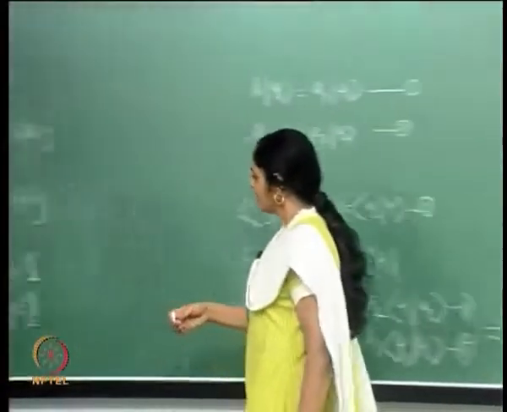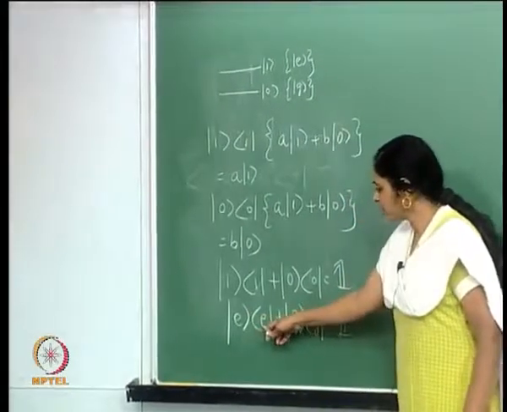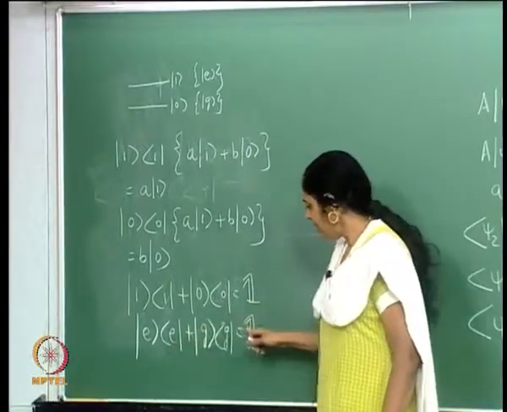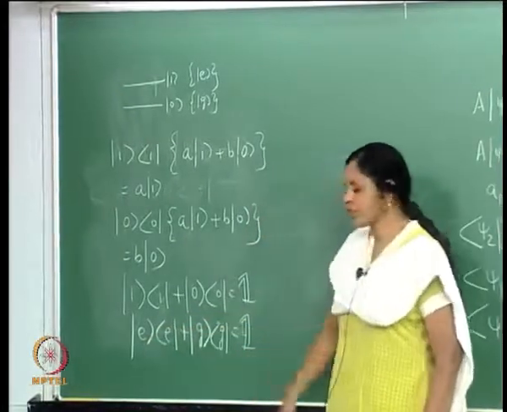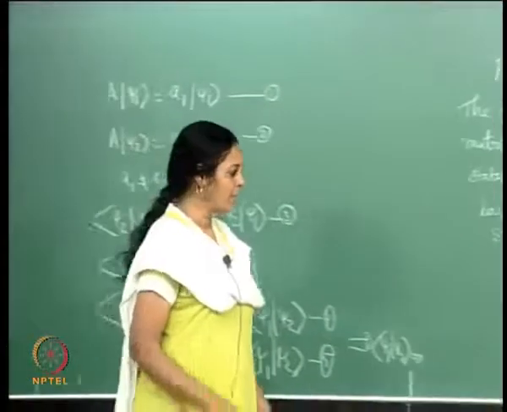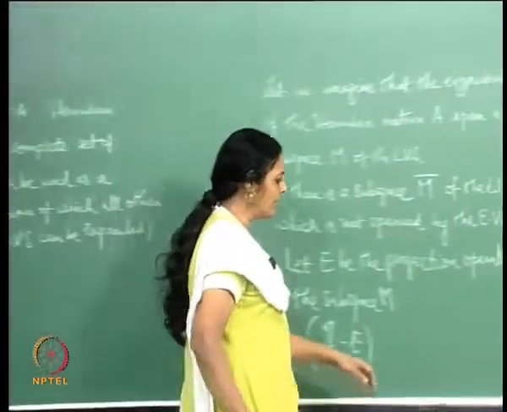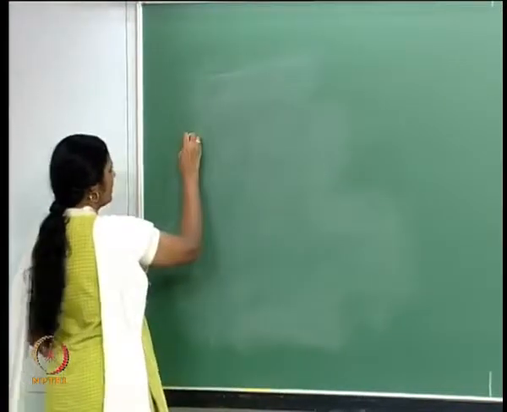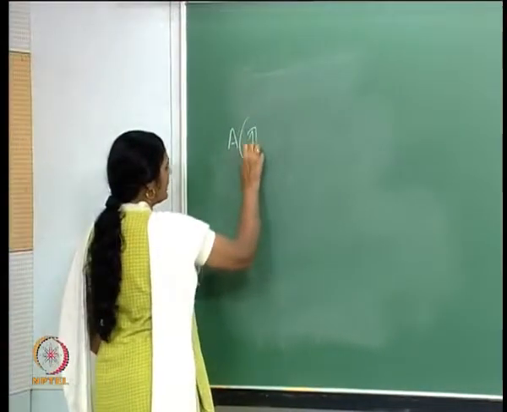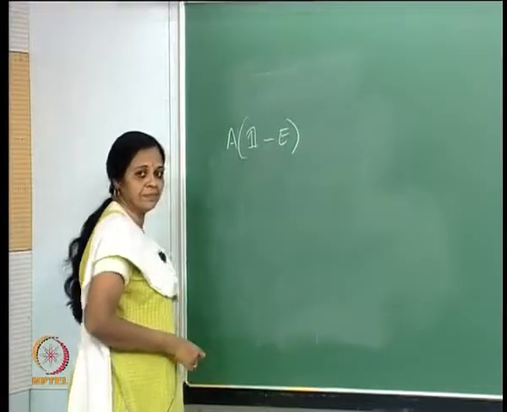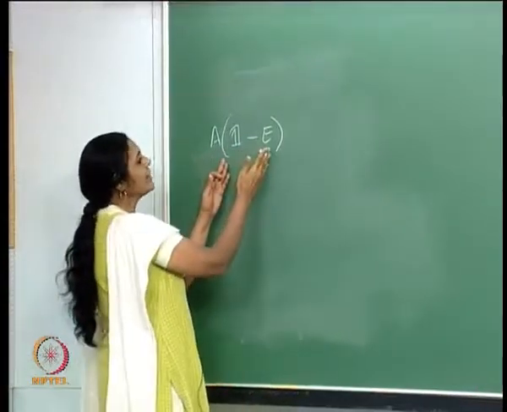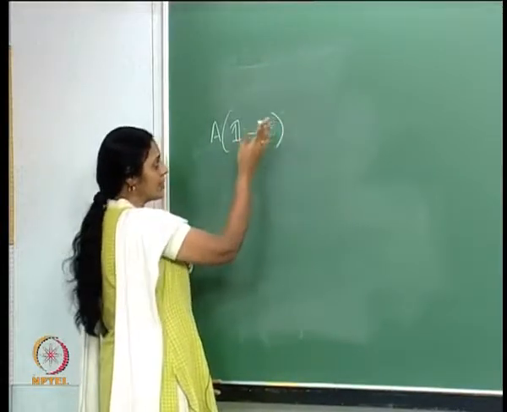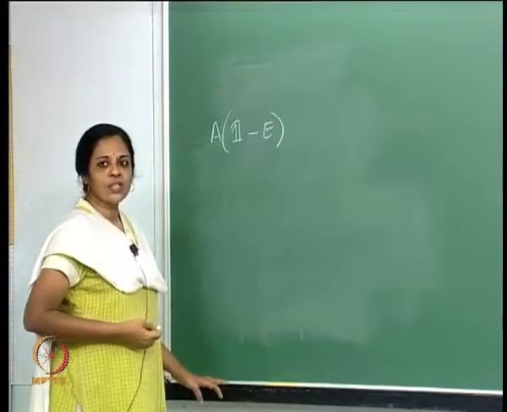That is like saying that if |E><E| is the projection operator onto the space spanned by ket E, identity minus |E><E| is the projection operator onto the space spanned by ket G. In the 2-level atom problem, that would be the corresponding statement. Now consider the operator A times identity minus E. Since identity minus E is the projection operator which acts on any state in the linear vector space and projects it onto the subspace M bar,